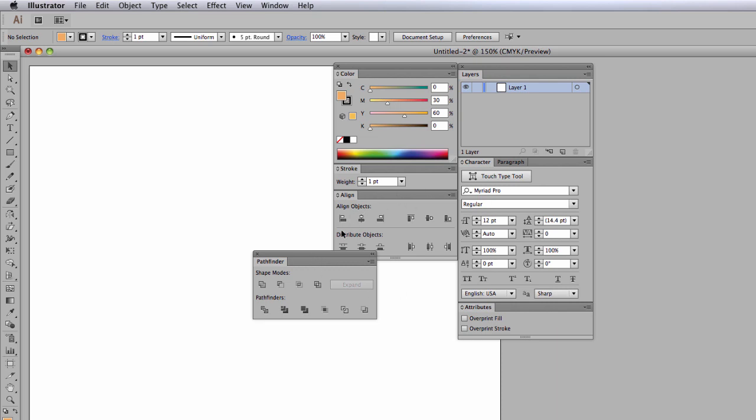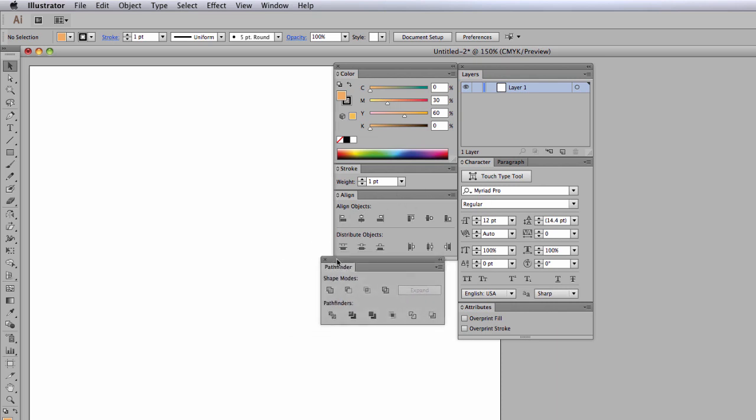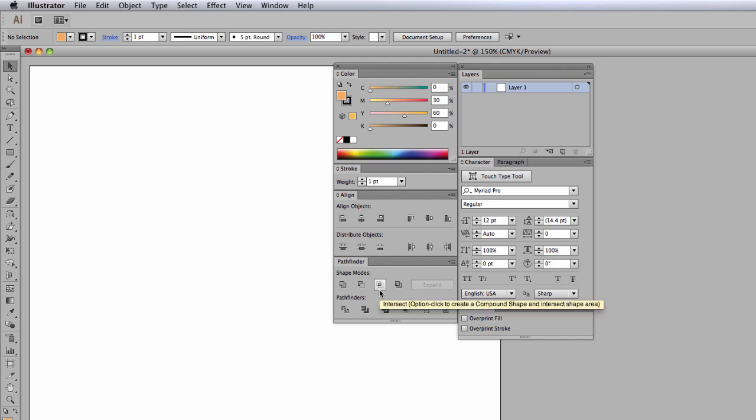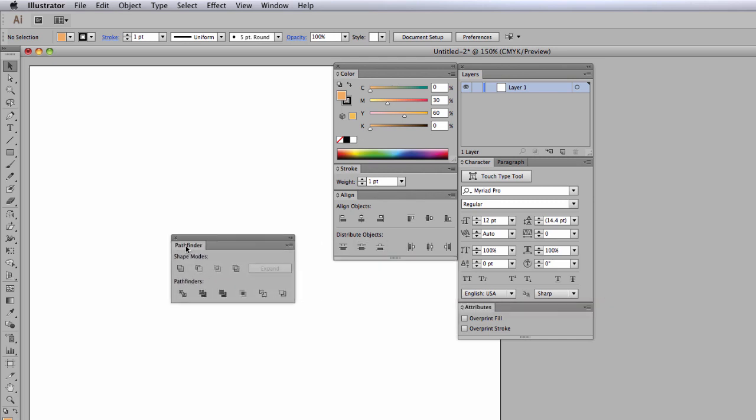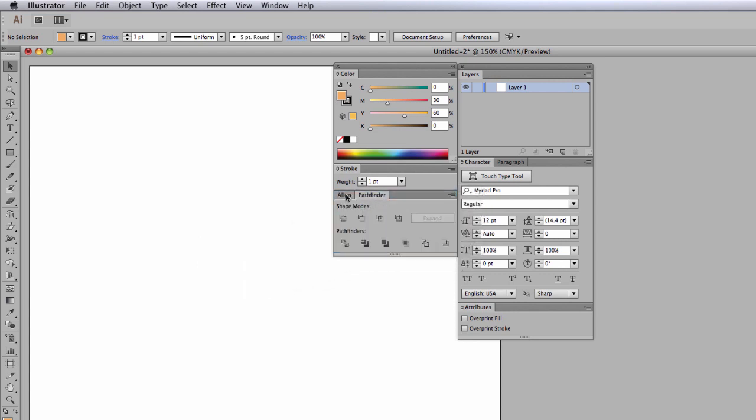I can also nest it with some of the other palettes, either by dragging it to the bottom of one of these existing palettes, or I could even drag it right on top of one of the other palettes, like so, and I now have two different palettes here that I can access using these different tabs. So let me show you how the Pathfinders work. I'm going to create some simple objects,